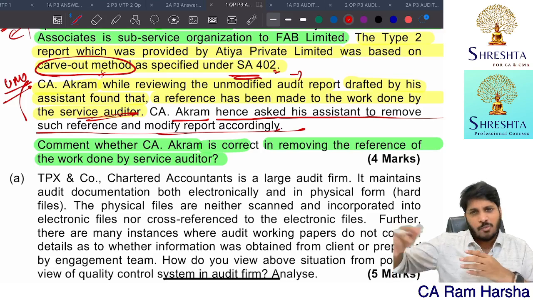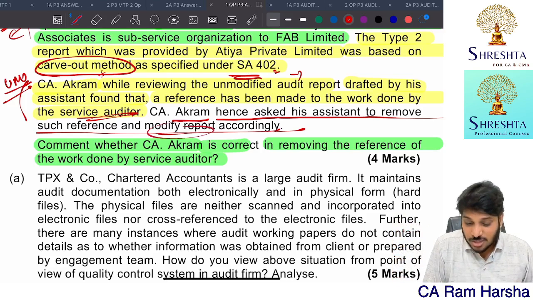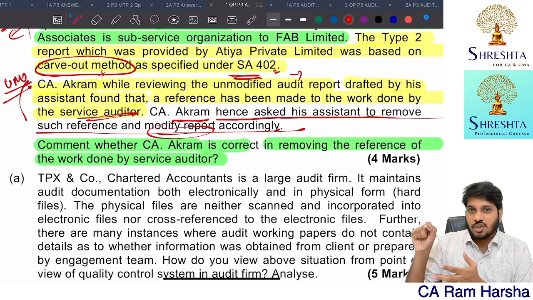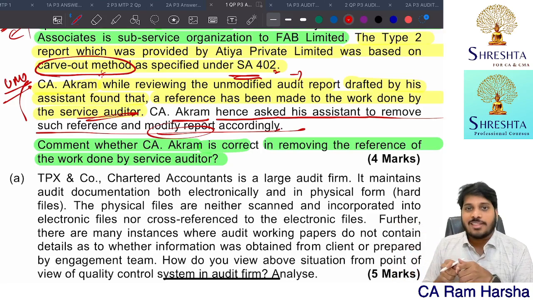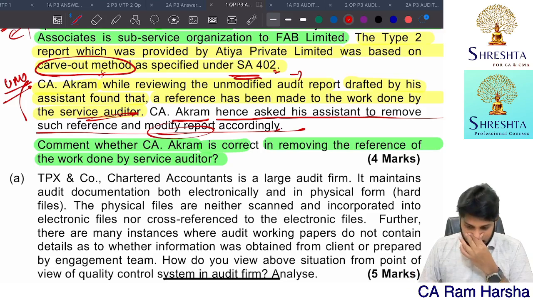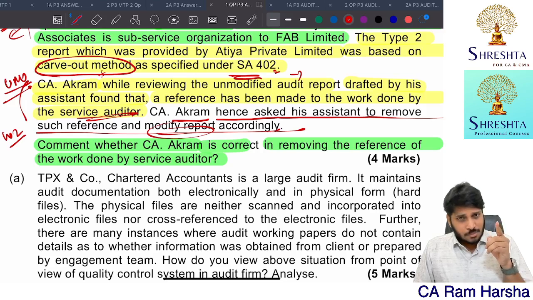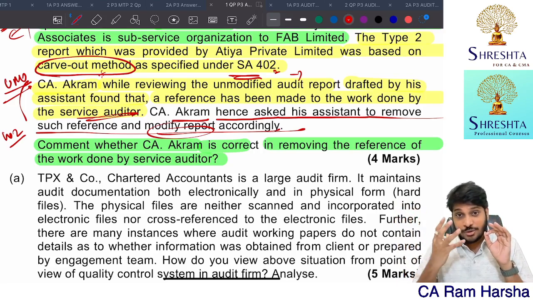So please change the report, give modifications to the report. Modify the report means not a qualified opinion, don't misinterpret. His assistant, no, my article, no, he included the service auditor's name. Please remove this name and modify the report and then give me that word, that modification here. Getting it? So generally, if you look at the SA 402 reporting requirement,